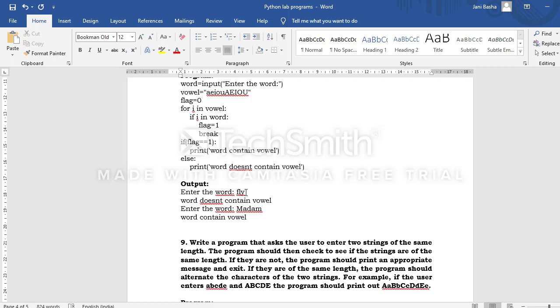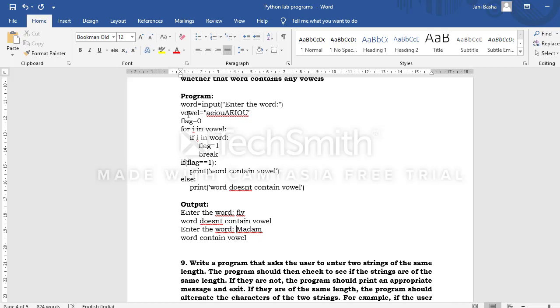Fly doesn't contain any vowels because A, E, I, O, U are the vowels, and they are not in this word. So I should get a message saying the word doesn't contain vowels. Next I tried a different word, madam, M-A-D-A-M. A is a vowel, D is not, A is again a vowel, M is not. So this word contains a vowel, and I should get a message saying so.